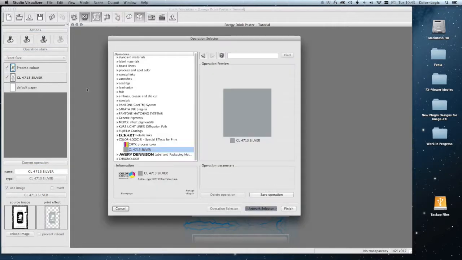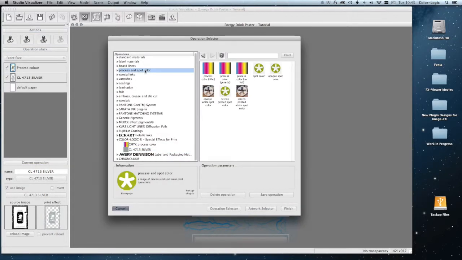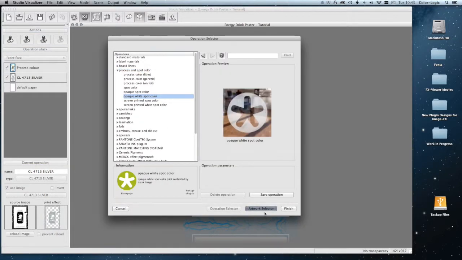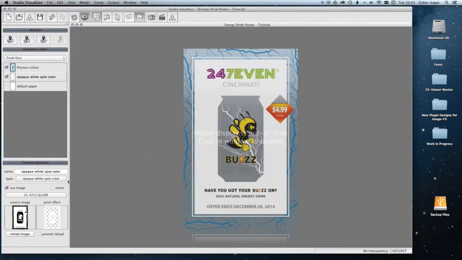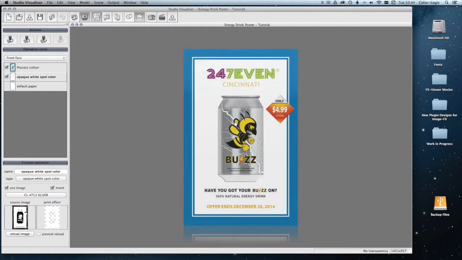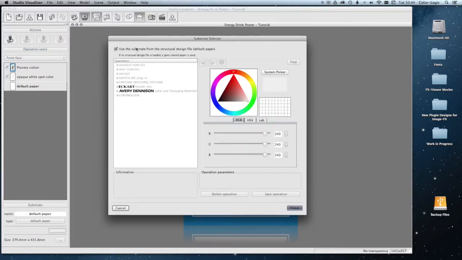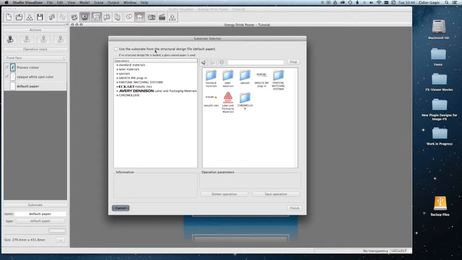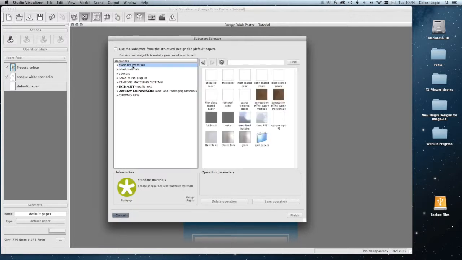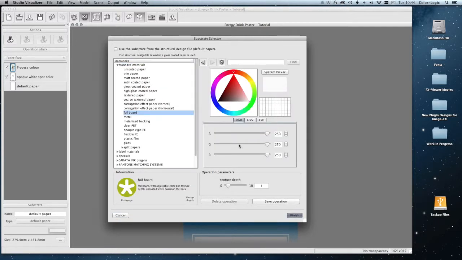I'm going to double click and take it to the process and spot colors, make it opaque white. Click on finish, and then the important thing is to invert that separation. Now we can update from there. For now, we're still printing this onto a default paper. We need to change that to metallized. So again, I go into here and turn off the default substrate, go into standard materials, foil board,